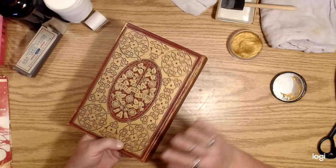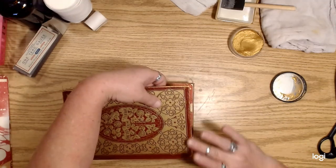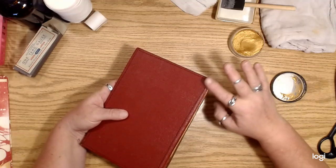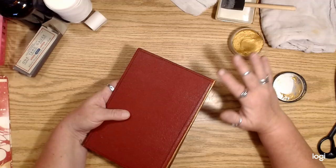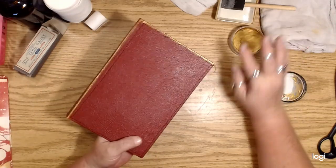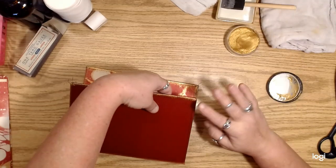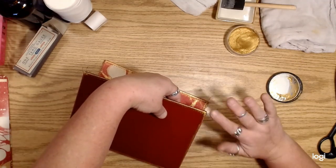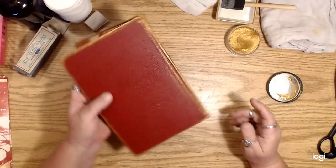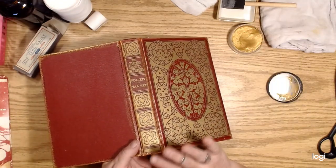If you've never used this Inca Gold before, it's really cool. It's almost like a wax. It behaves kind of like a wax, but I don't think it is wax, because otherwise you wouldn't be able to rework it with water, you know? Anyway, I used to think that it was wax, and so I thought maybe, to reconstitute it, you'd have to use alcohol or some kind of mineral spirits or something like that, but water works just fine. Anyway, I put a little bit down here on the edge,